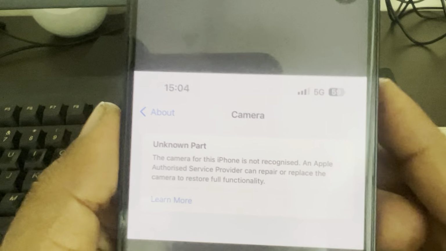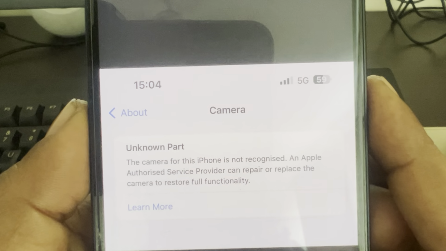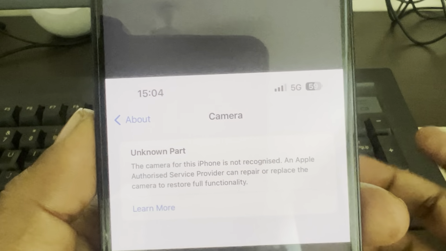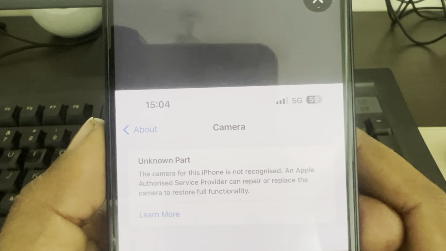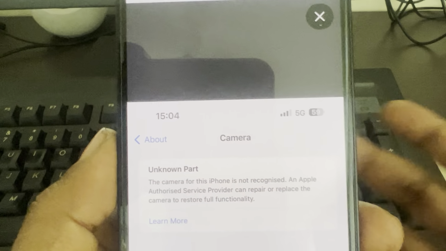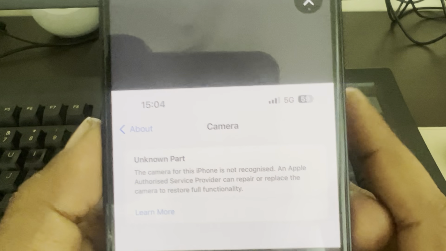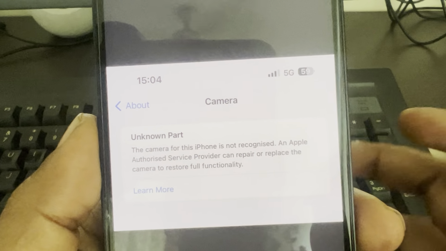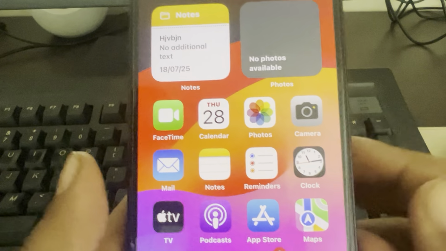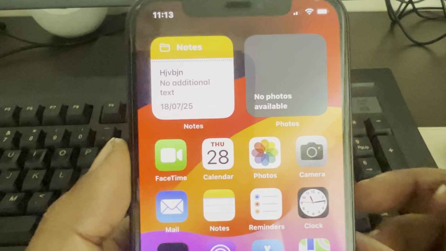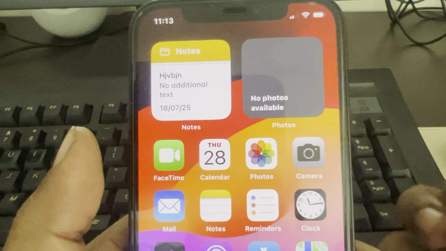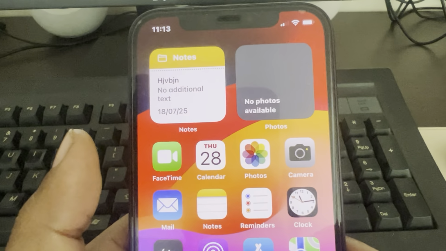Hi guys, if you are getting this error, "camera unknown part, the camera for this phone is not recognized," and you have restarted your phone and whenever you try to use your camera it says this. Normally it may be due to a hardware fault or something like that, but a workaround for this